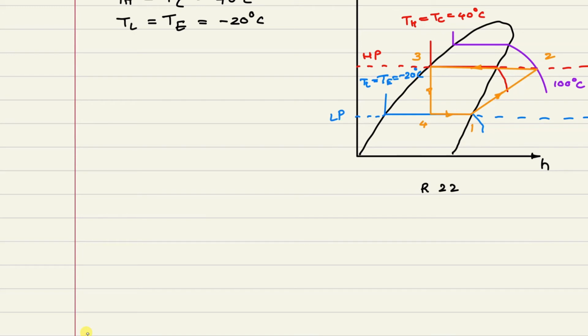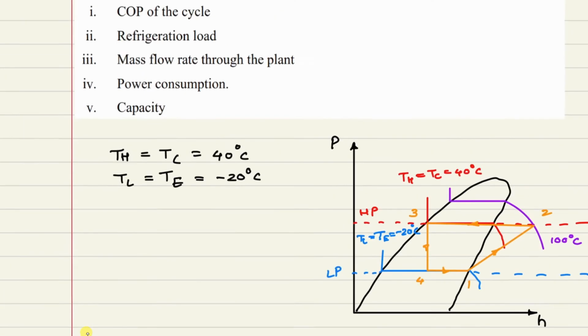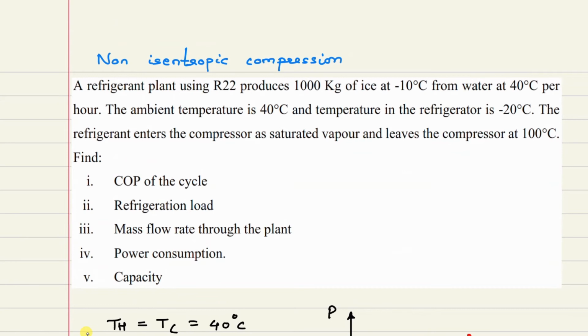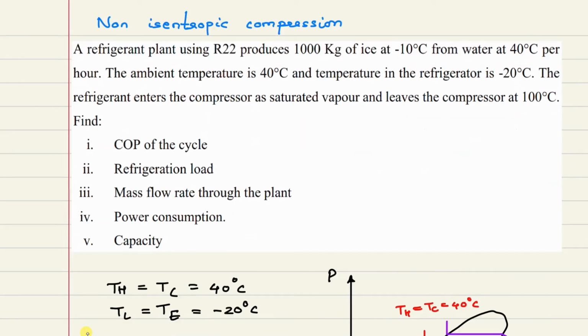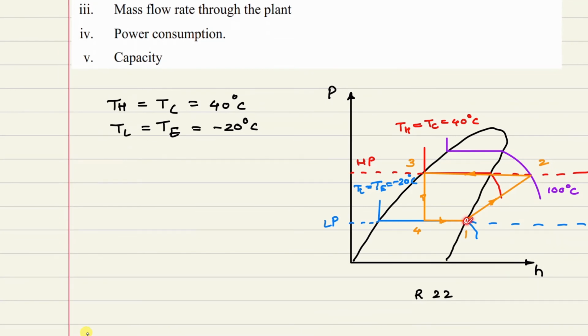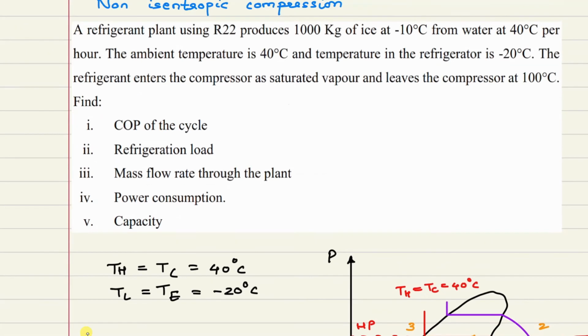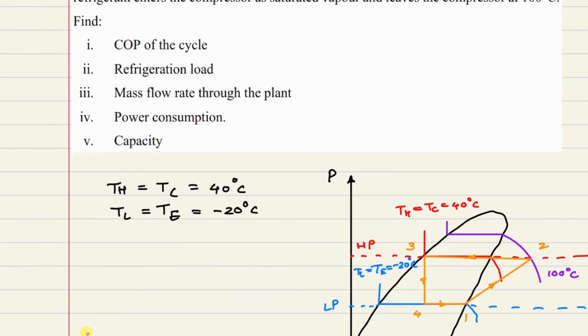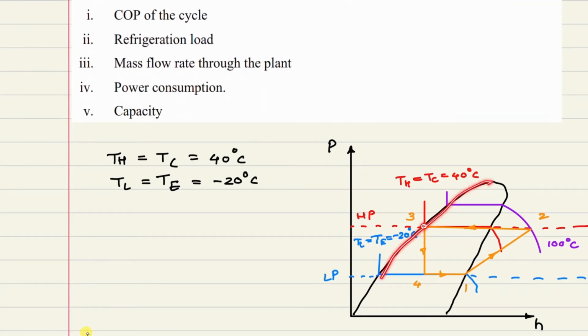Okay, so based on this, now we have to plot the cycle on the p-h diagram. Why? Because Cp of liquid and Cp of vapor are not given, and it is not required also, because point 1 we are considering on saturated vapor, and point 3 we have considered on saturated liquid. For point 1 data was given, and for point 3 nothing was told, so we took it on the saturated liquid curve.